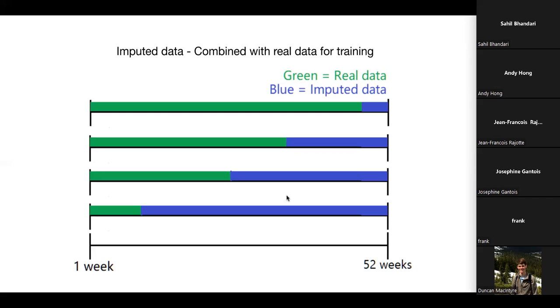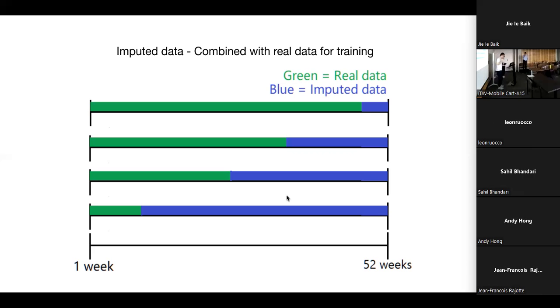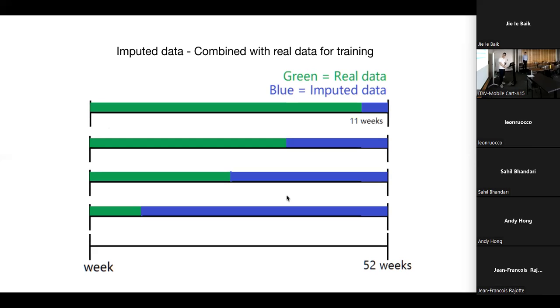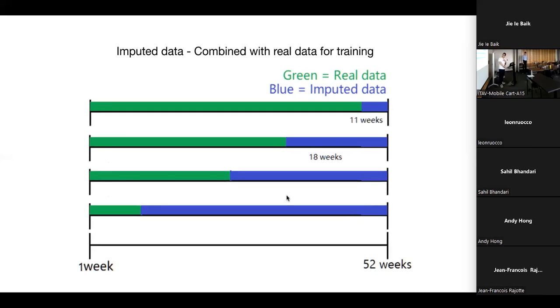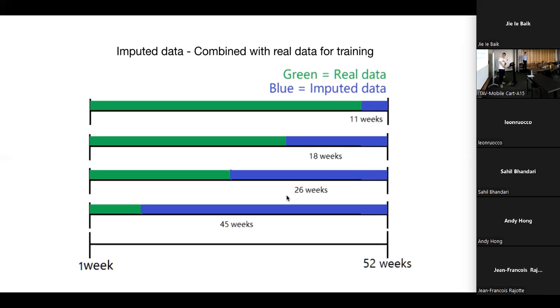The reason we want to do that is that we want to get a general idea of what these places should be, or like empirically should be. So they are not from any year's real data, but they are reasonable data for our model to focus on the other part, which is the green part. And we noticed that as we decrease the real data ratio and increase the imputed data ratio,